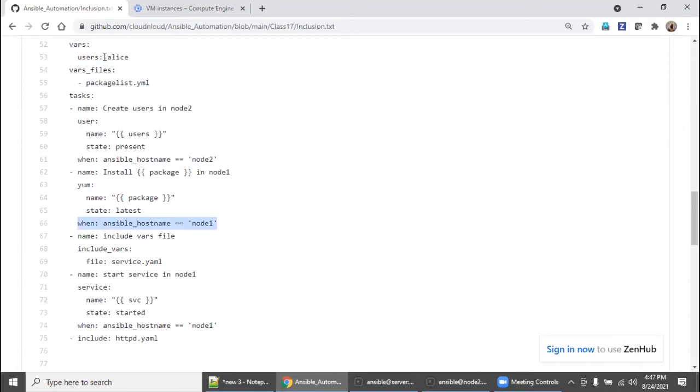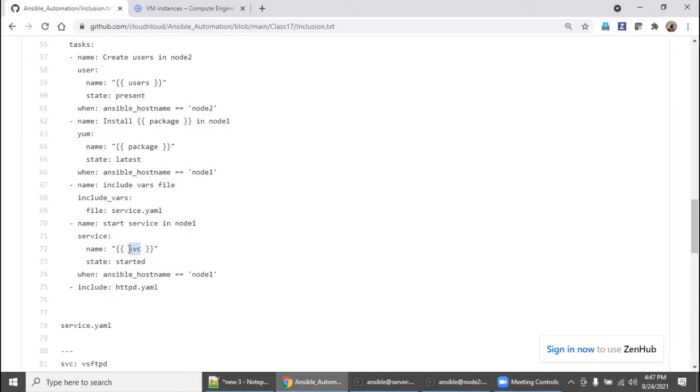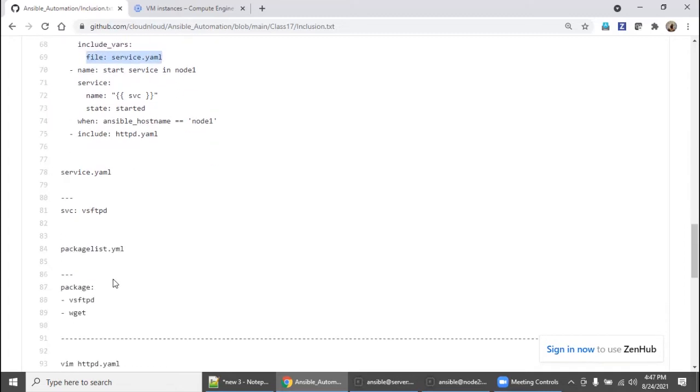Here we have declared only one variable, alias. But we are also calling another variable which is nowhere related to this playbook file. Here, if you see, I am calling one variable YAML file. If you go and see this YAML file, I have a variable called svc. This part will be very useful when you go to Ansible roles.